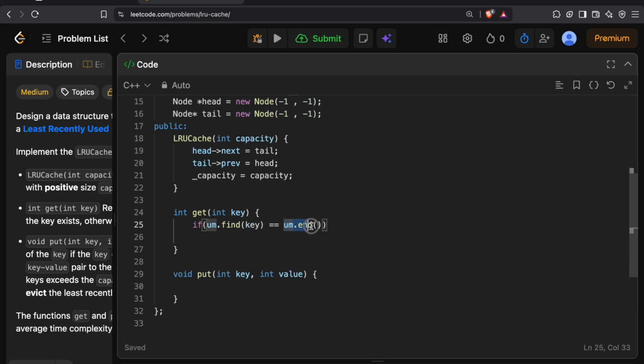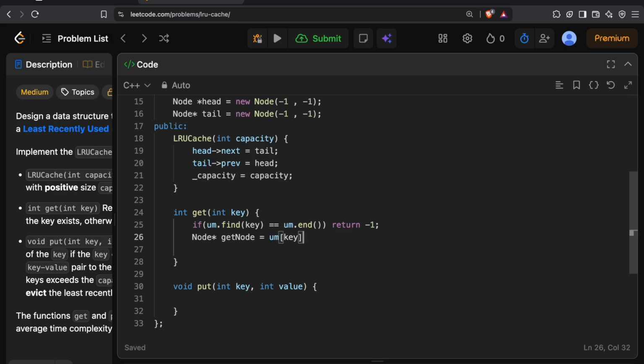Suppose this map has this key or not. If it's equal to um.end(), that means the map does not have the key. So in this case we can simply return -1. Okay, you don't have the key. Suppose we have the key, so line number 25 crosses it, and it goes to line number 26, so we can just store that node pointer. Let's say this is the get node, which is equal to um[key]. So this is how we are accessing the node pointer from the key,